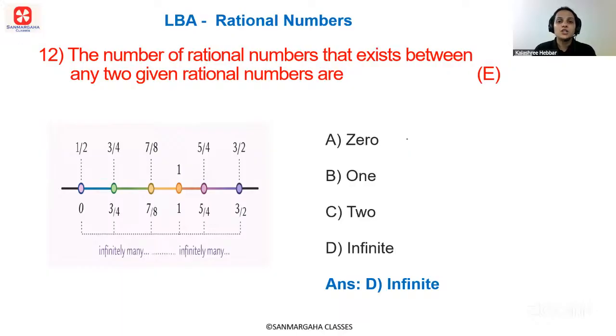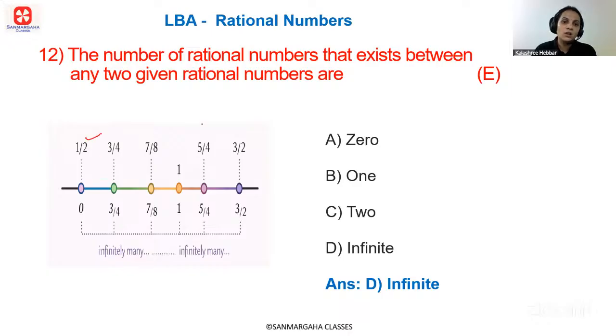LBA Rational Numbers, question number 12. The number of rational numbers that exist between any two given rational numbers are: A) 0, B) 1, C) 2, D) infinite. If you observe this diagram here, you have two rational numbers,